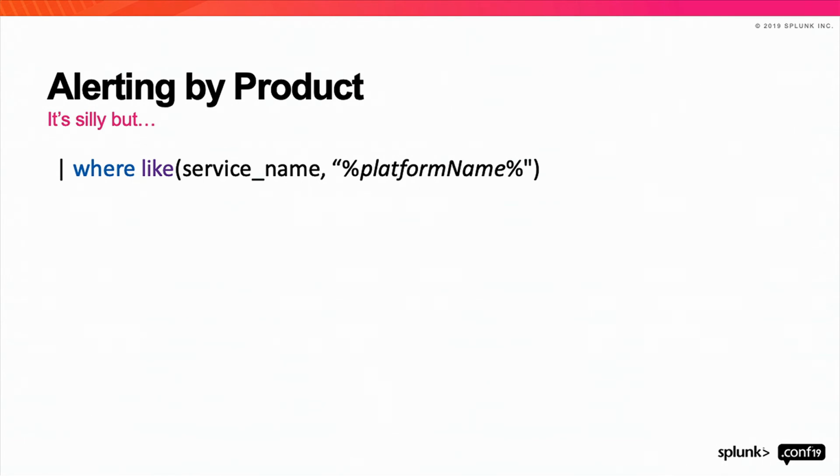If there's something wrong, I want to know that at the platform level. So when we talked about those alerts that we had before, that query that gets all that stuff, we're doing that search for all the services in a given platform. We're not searching all of ITSI and saying, find me all the services, all the KPIs that are having a problem, right? I want to have these things separate. So if platform A is having a problem, I want all the different services related to platform A and all its KPIs to be captured in one search, and that's one alert to go out to a team. Platform A is having a problem. It's these services with these KPIs, right? Platform B is having a problem. I want to have that being